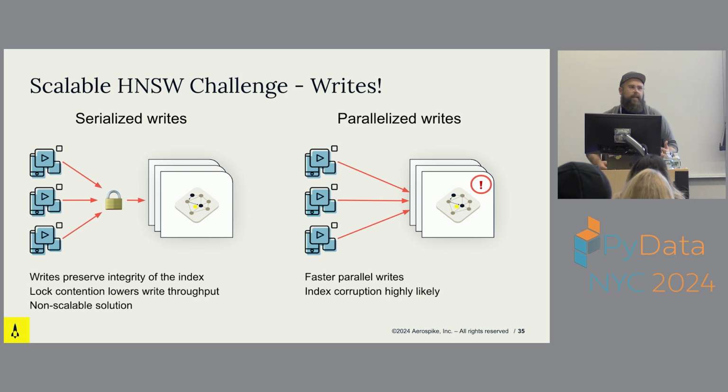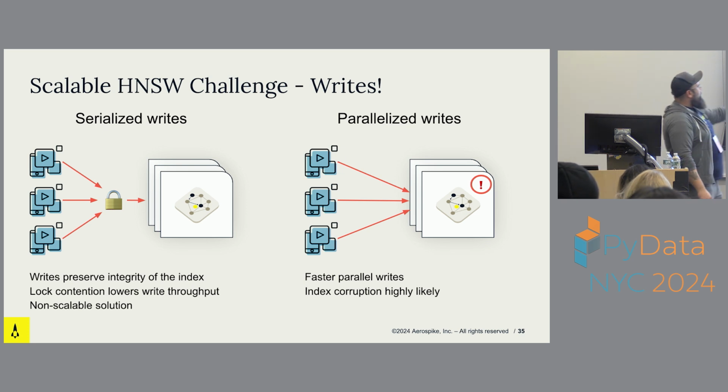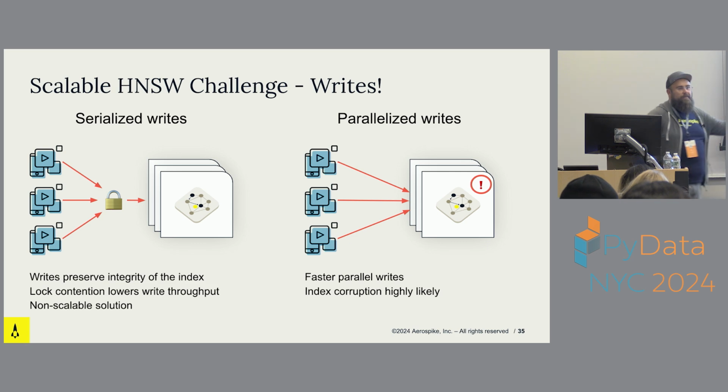I'm updating the index and maybe the index gets updated because this changed, but then this other thing changed, and because all of these things are happening at once, you can run into issues. So this is going to be slow, not great for scale, and potentially introduce a bunch of issues,